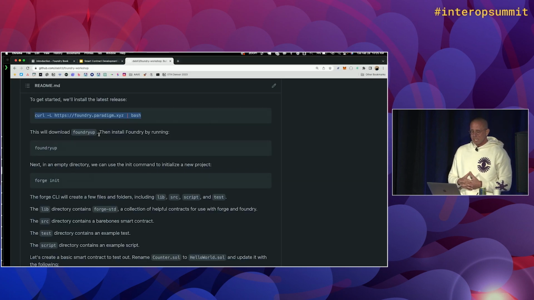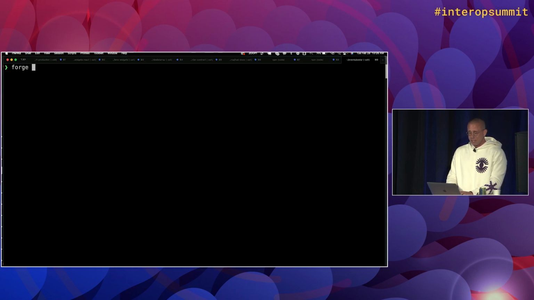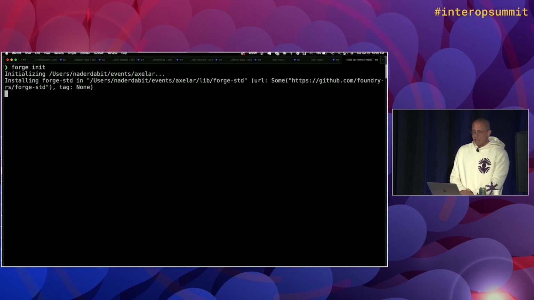So what we want to do is initialize a new project. With Hardhat, you might run npx hardhat init, or whatever that command is. With Foundry, it's forge init. So Forge is what we're going to be using to get started building that. So what I'm going to do is run forge init, and this is going to go ahead and create a new folder in my